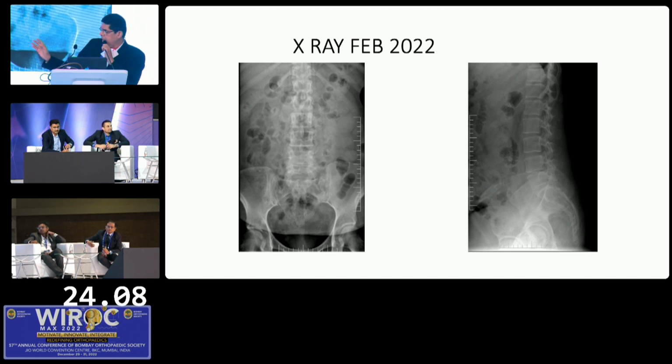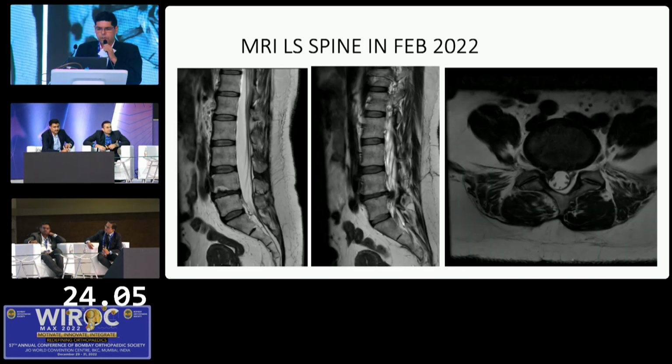So I'll come to this side now, Dr. Sonone. This is the MRI now. What you can see on the MRI are changes because of a degenerative condition, the modic changes, and there is a reprolapse. This is a reprolapse because the patient had an interval period in between, and there is compression on the left side, if the MRI is put up properly. Right, so compression is on the right side.